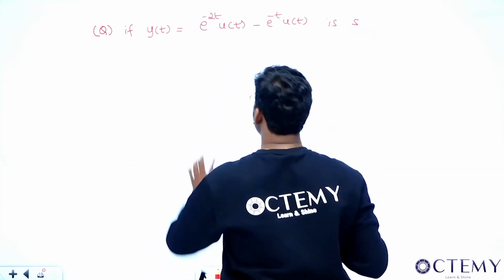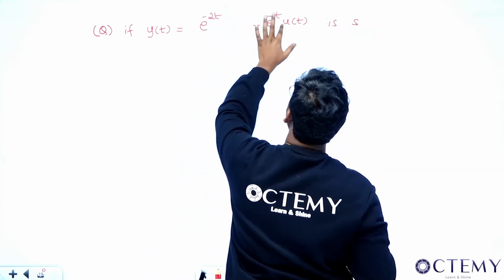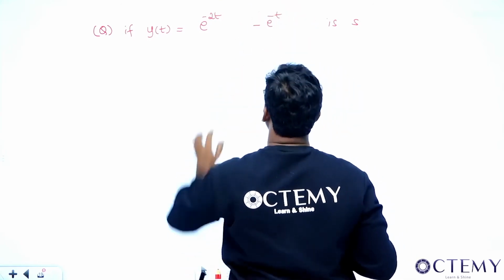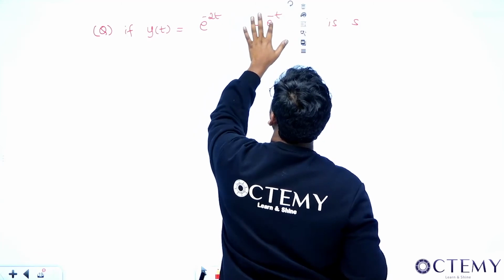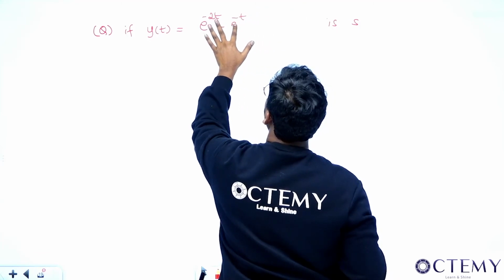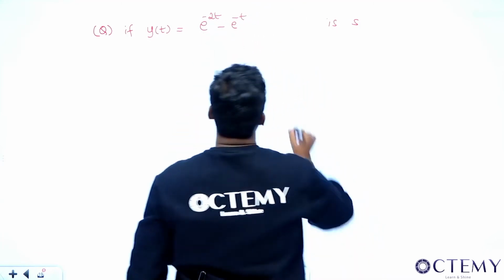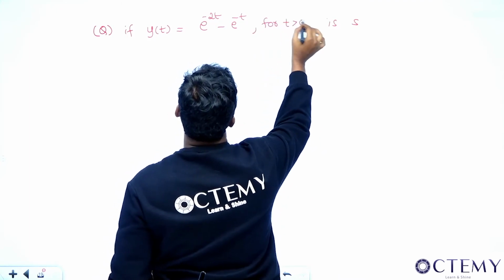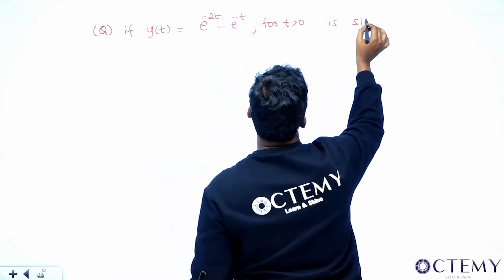Or I can write it like this, because I am writing the questions in which they will give you in the exam, sir, right? So you should habituate yourself to reading the questions. He might not give you like this, he will give you like this, sir. For t greater than 0 is step response,